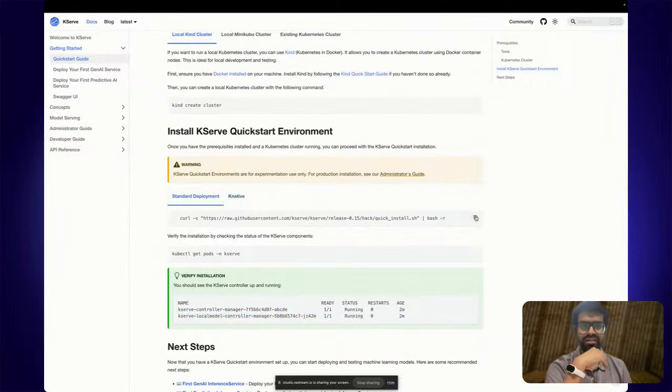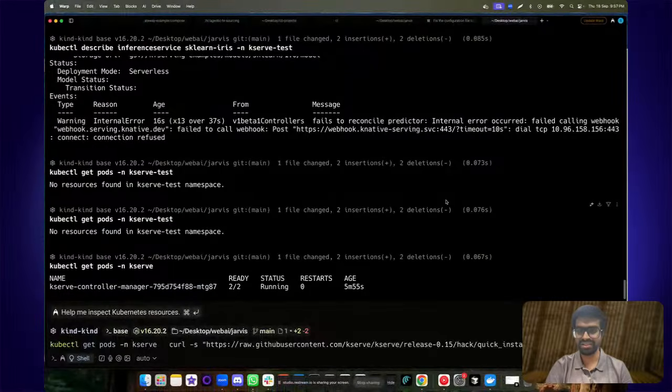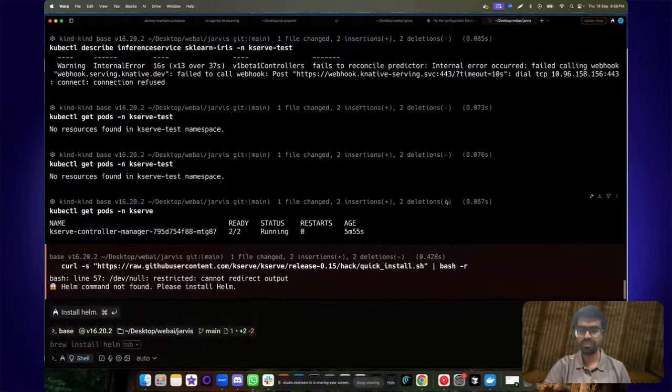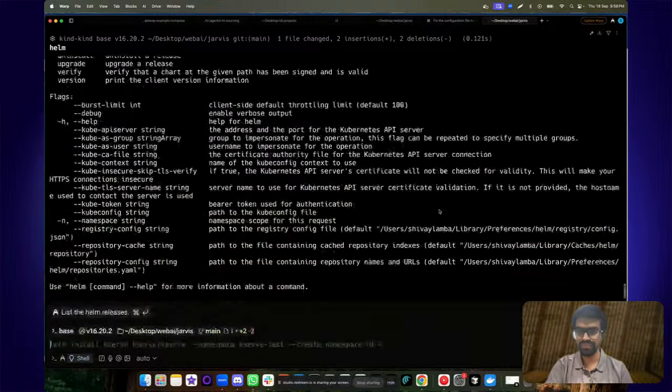Or maybe we can try the standard deployment and see if that helps us in any way. Okay, we do have Helm.